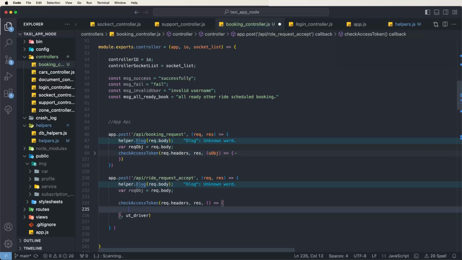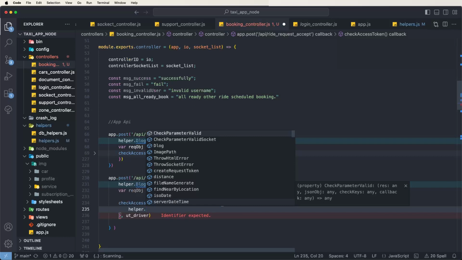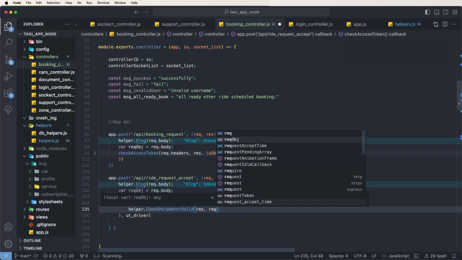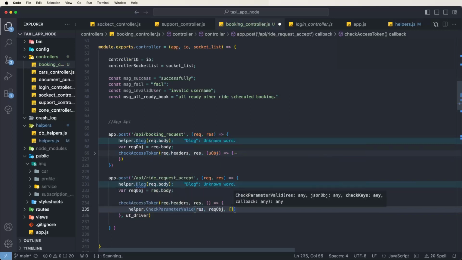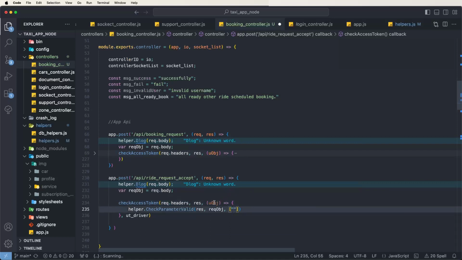That's what we need to verify, and after that we need to check the parameters. Check parameters valid, so we need to give the response object, then pass the request object and check the parameters one by one, and also give the user object, a new object here. Driver ID: we need to get which driver is accepting, so we get the driver ID. We need the booking ID,